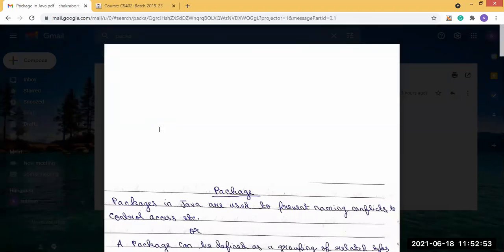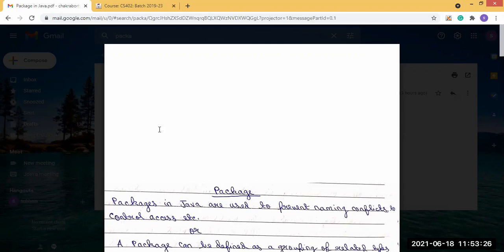Before starting the package concept, previously I have used import java.net.*. This is the package. I missed that for you and haven't discussed it, so today I will discuss this package concept also. Now, what is a package? Packages in Java are used to prevent naming conflicts.